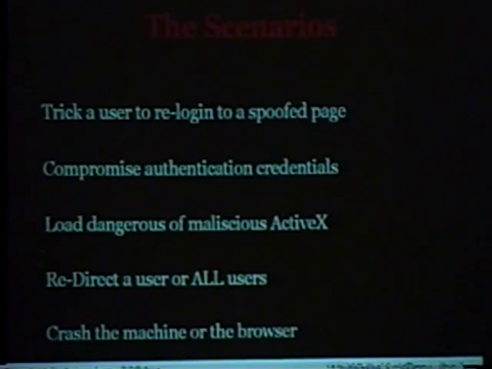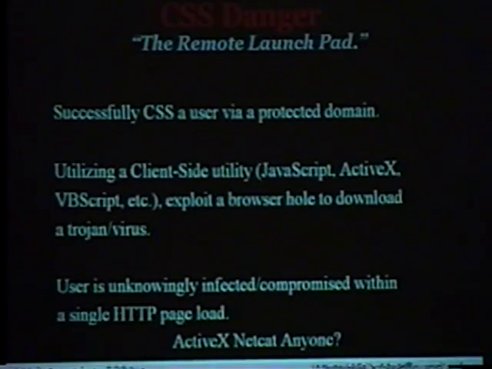And you can also crash the machine or the browser. Somebody have a question up front? You can also crash the machine in the browser. Browsers are, you know, very fragile. You can just shove all kinds of nastiness into the browser, and chances are the CPU will peg at 99% and then die. This is one we've been able to achieve in the past. Sorry, I don't have the code here with you to give you an example, but the concept is sound.